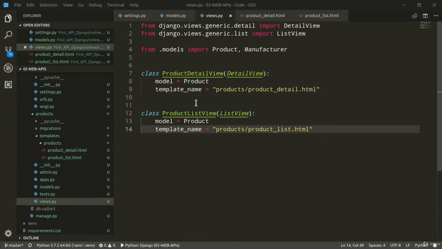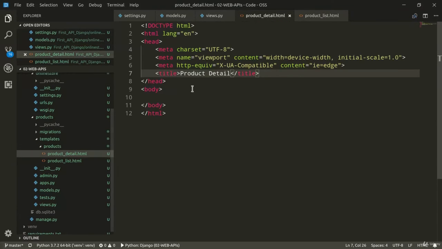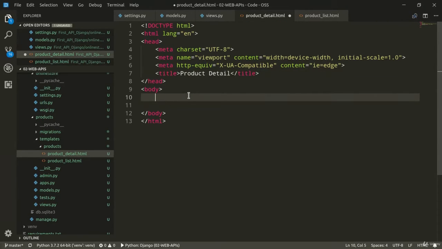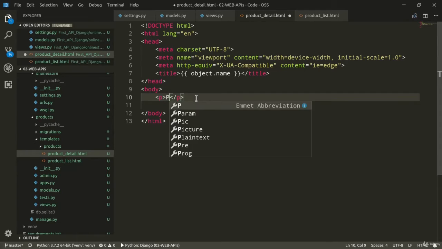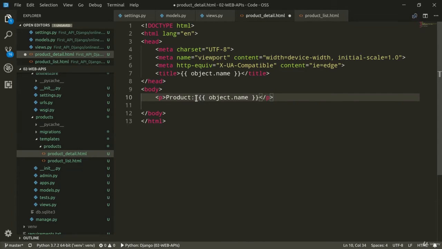So let's just skip the manufacturer model for now. Let's go ahead and write the code for our HTML templates instead. So we can actually start from the title. So object.name, and I can actually copy object.name because I now want to create a couple of paragraphs to show all the different details of a specific instance of product. So product object.name,